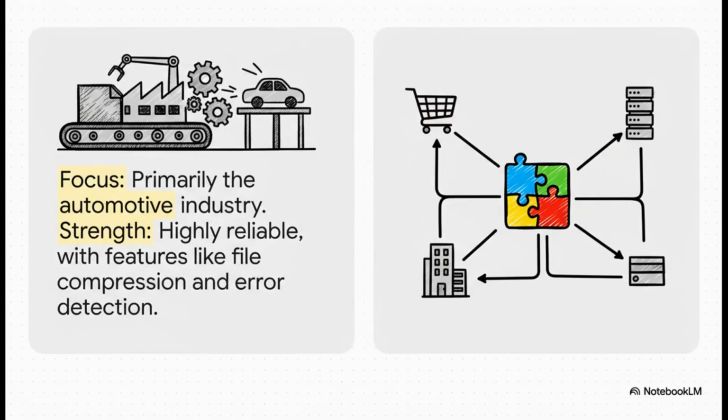Beyond the AS family, you've got these specialized protocols. OFTP and its newer version, OFTP 2.0, are absolute titans in the automotive industry. They are built for extreme reliability, handling huge files, and even letting you restart a transfer if the connection drops. Super robust. On the other side, you have something like EBMS, which is a really flexible, XML-based standard that's designed to work well across a whole bunch of different systems and industries.